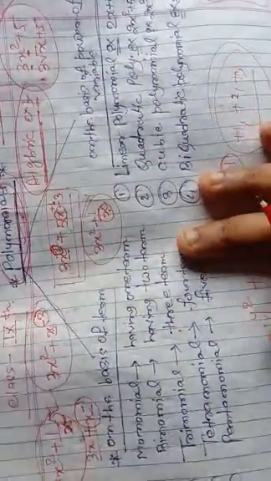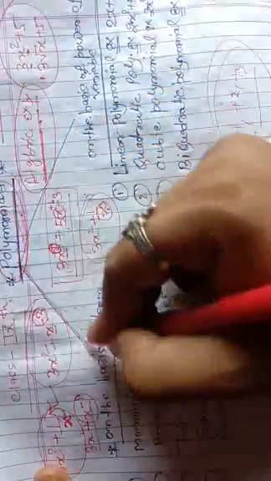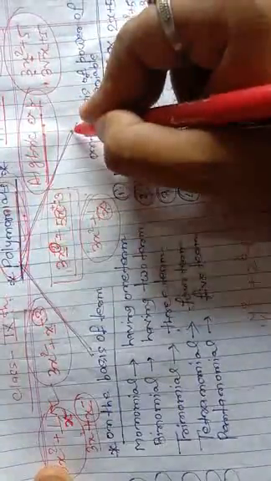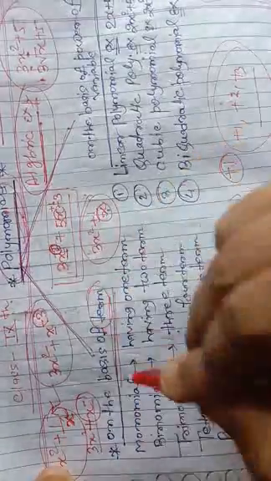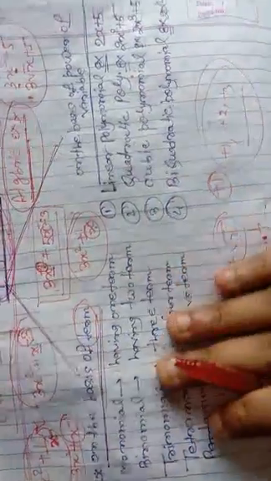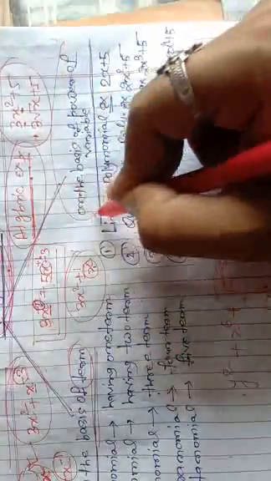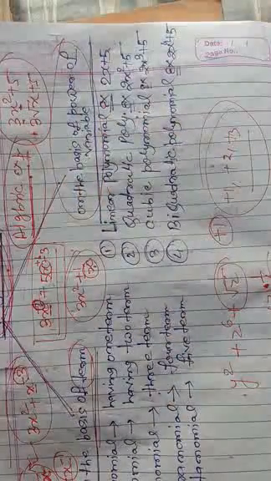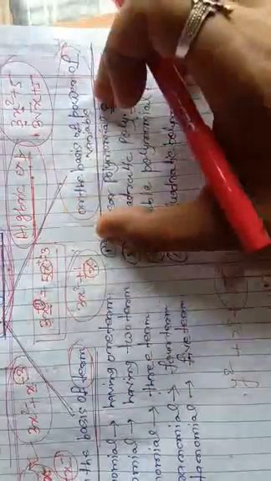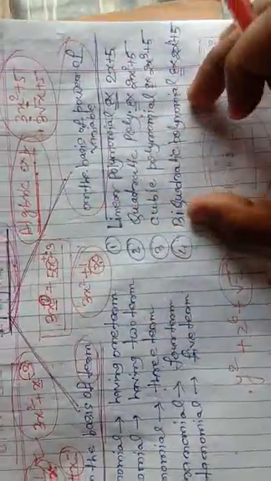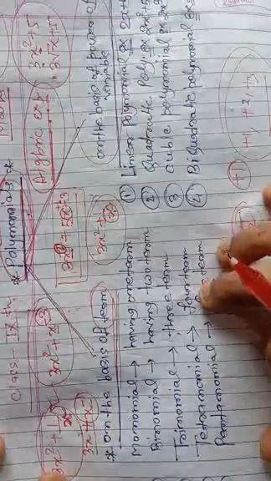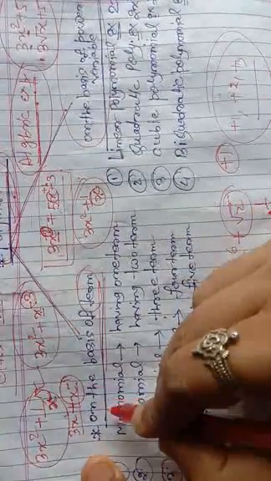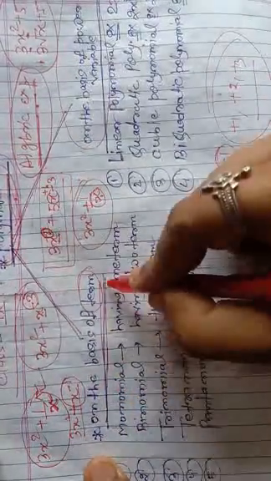Next we talk about the kinds of polynomials. How many kinds of polynomials are there? Generally we classify polynomials on the basis of two concepts. One, on the basis of the terms, how many terms the polynomial contains, and second, on the basis of the power of the variables. On the basis of that we can distinguish polynomials. So let's first start with the basis of the terms.